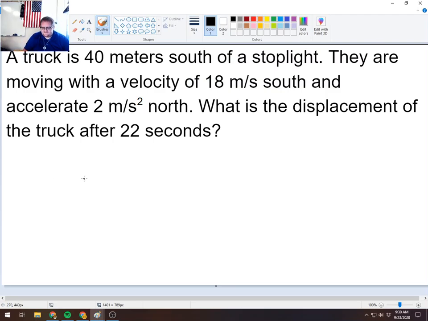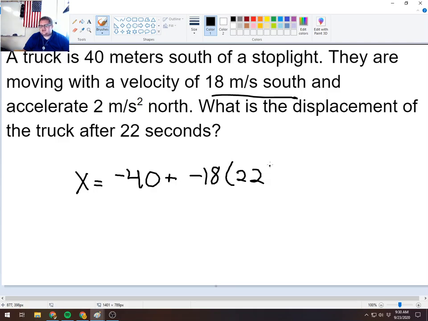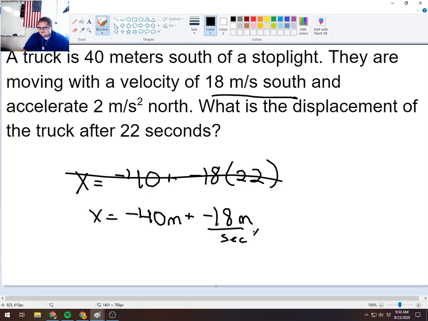So in this case, we have x equals negative 40. Again, just pay attention to your signs, plus velocity of 18 meters per second south, so that's negative 18 times 22. And notice these have to be in seconds. Maybe I should show you that real fast. Let's see what happens with the units. Negative 40 meters plus negative 18 meters per second times 22 seconds plus